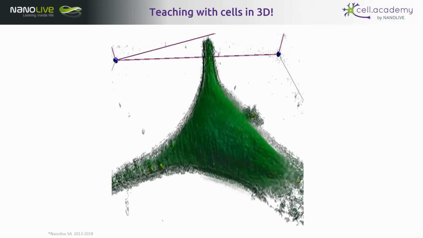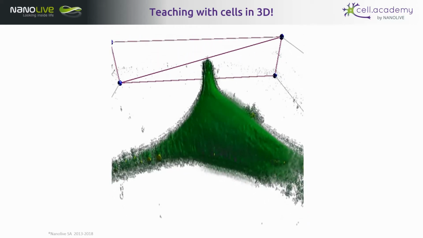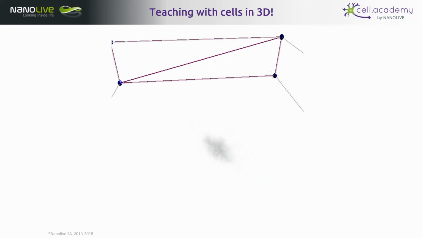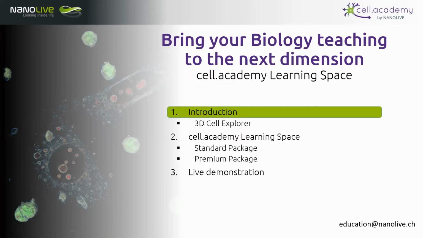Nanolive is a company based in Switzerland which has developed a microscope that can image cells in 3D. It's called the 3D Cell Explorer. Cell.academy is the educational spin-off of this company, and that is what I'll be speaking about today. So last month, we officially launched the Cell.academy learning space. It's an interactive online platform with 3D cell data, and the idea is to add another dimension to your biology